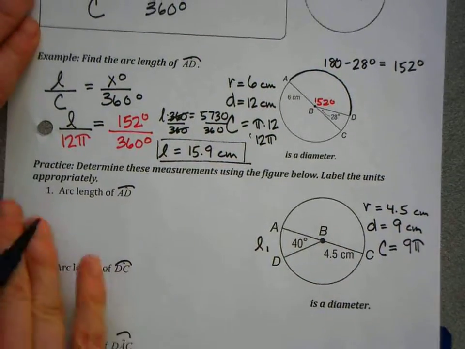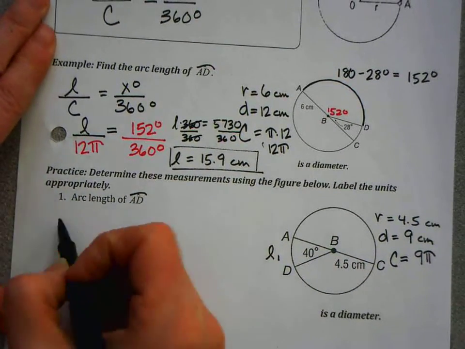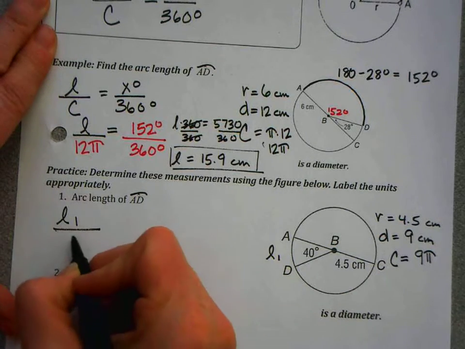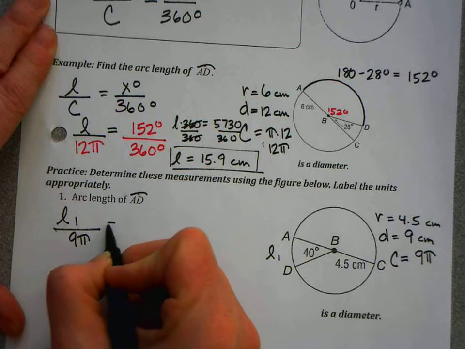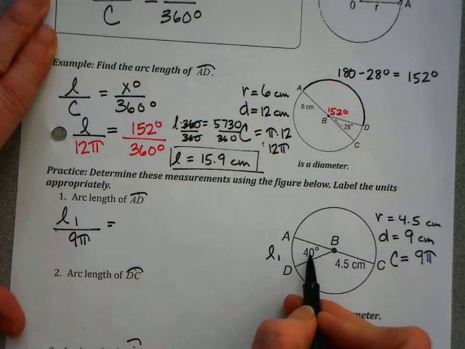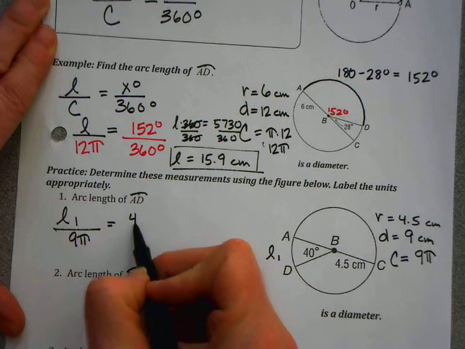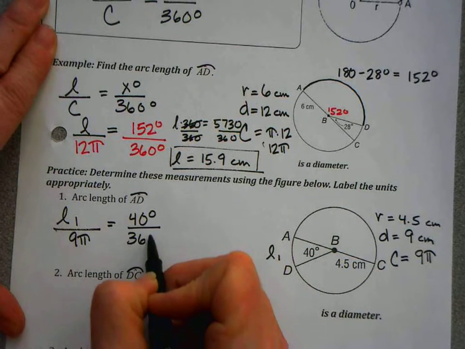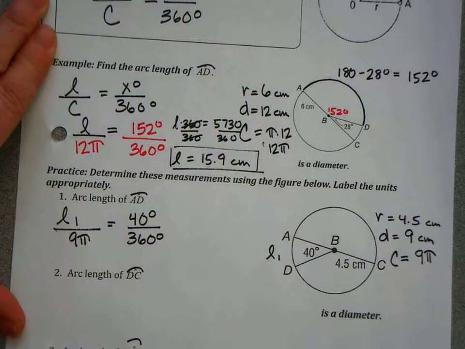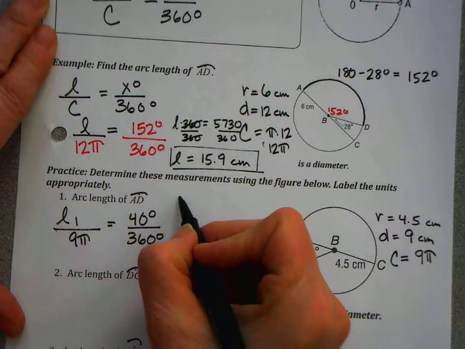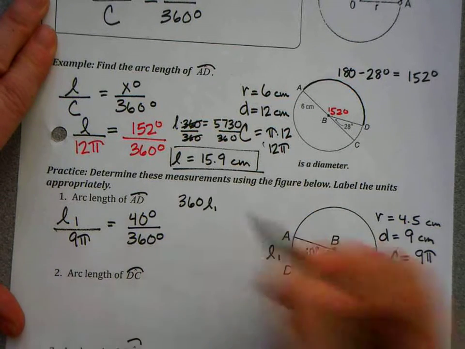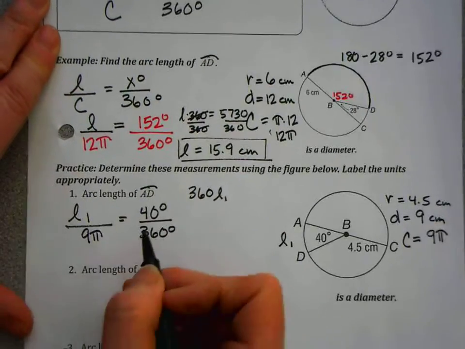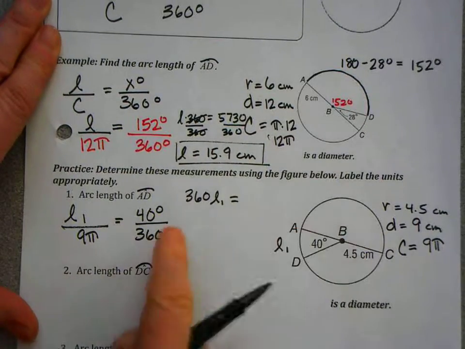So let's set up our proportion. Length 1, which I don't know, over the circumference of the circle, 9 pi, is equal to the degrees of the arc that I'm intercepting, 40 degrees over 360 degrees. Cross multiply and divide. I get 360 L1 equals, do this on your calculator,